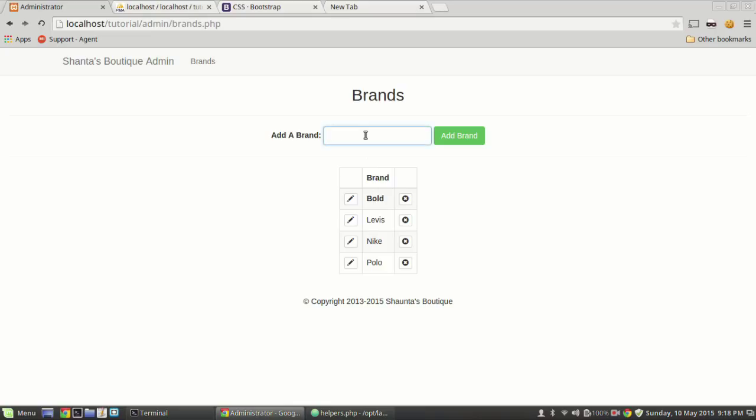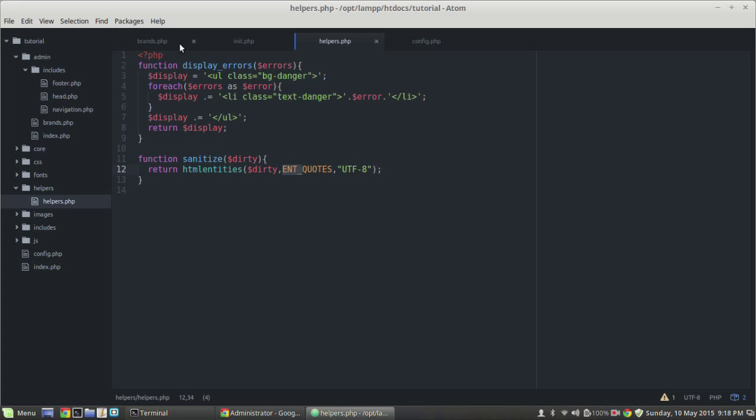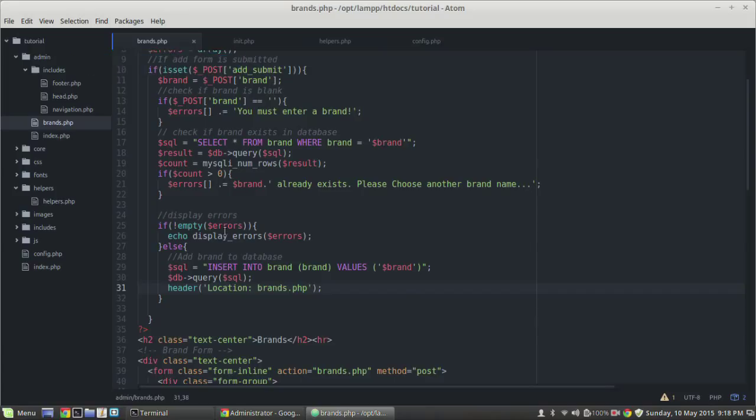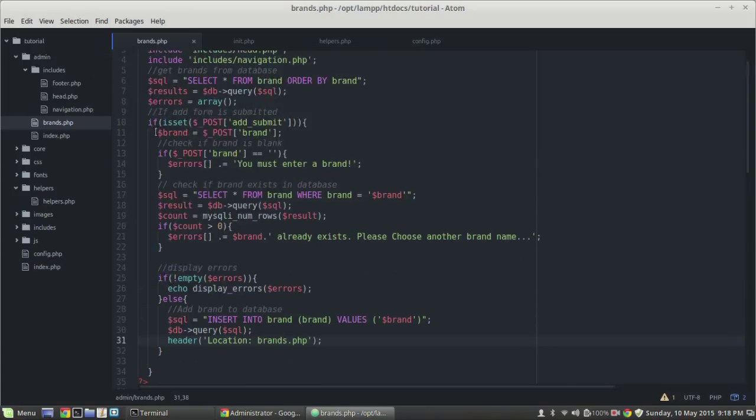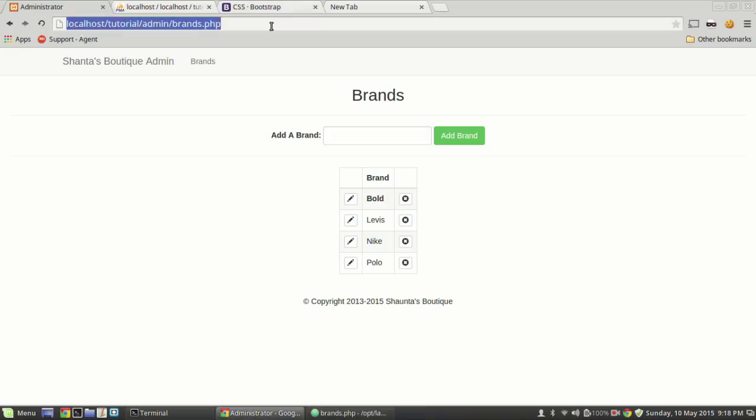So now let's just try that again. I'm going to refresh the page here. Oh, actually, I'm sorry. We need to go back to our brands page, and right here where we added this brand, we're going to wrap that in our sanitize function. So we'll wrap that whole piece right there in our sanitize function. Save that out. Now we'll reload the page, and now if I do the same exact thing,